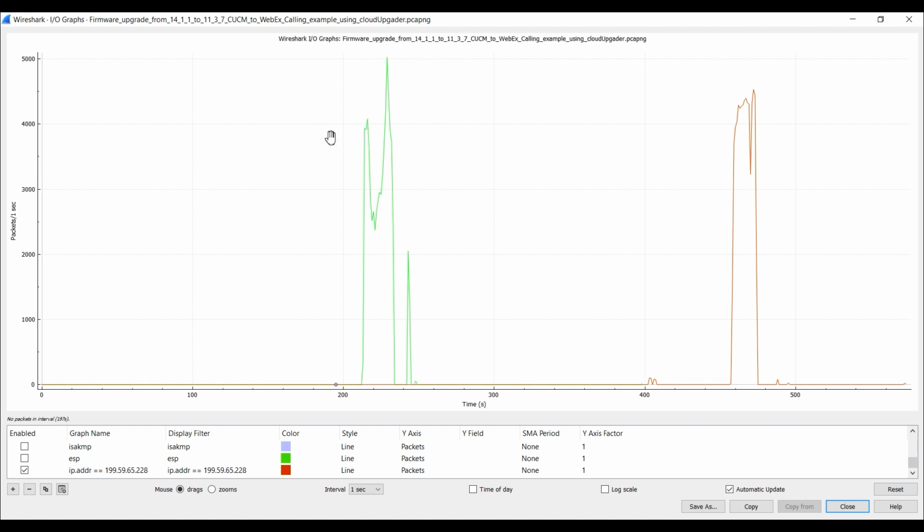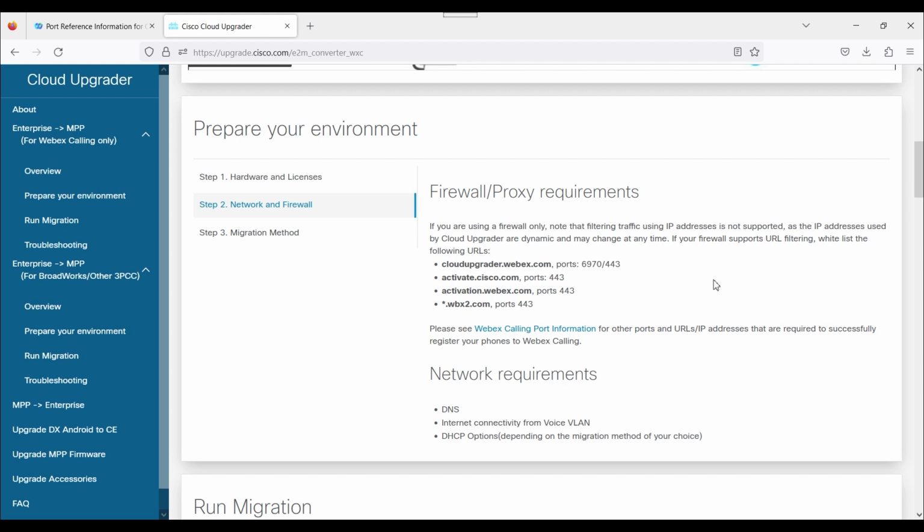So the first phase is going from enterprise to MPP. Then the phone reboots during this phase. It boots up in MPP firmware, does a handshake with WebEx Calling, pulls down a config, and then goes through the registration, and it realizes there is newer firmware waiting for it, downloads that, reboots a second time and registers. The key thing we need to be aware of is if we go to the Cloud Upgrader site